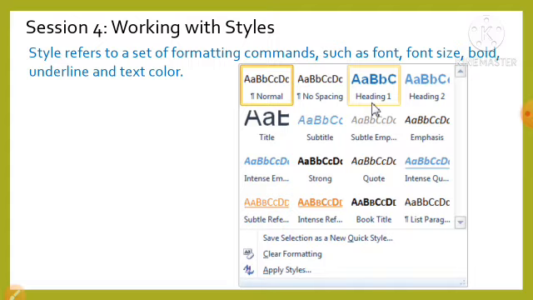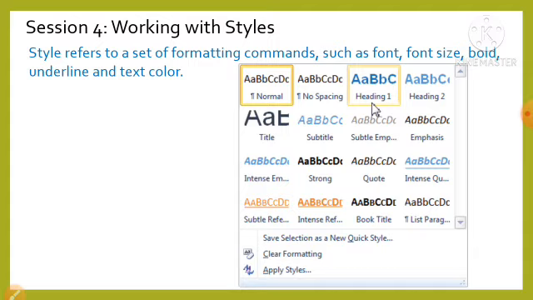So here are the examples of built-in styles. In MS Word 2010, there are some predefined styles. The availability of the styles depends on the template on which the document is based. For example, with the blank template, you have styles such as Normal, Heading 1, Heading 2, Title and Strong.